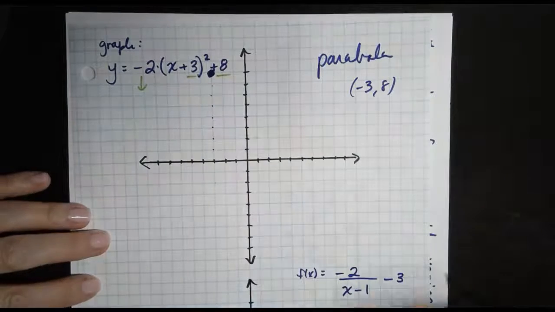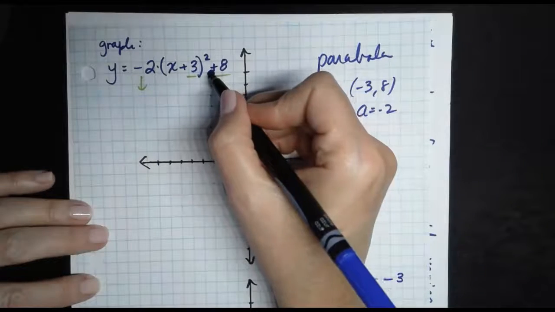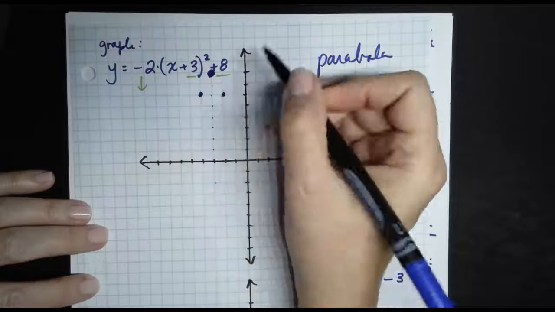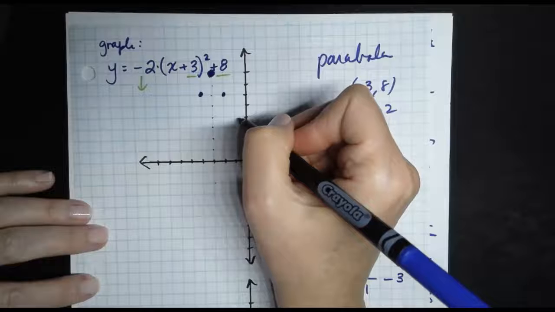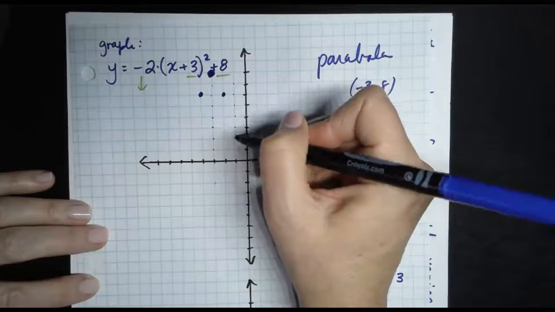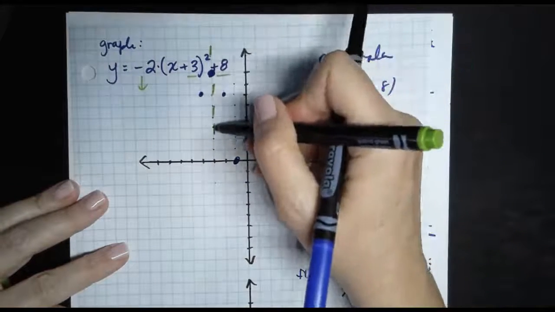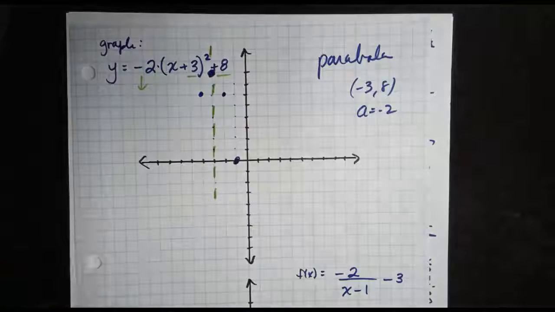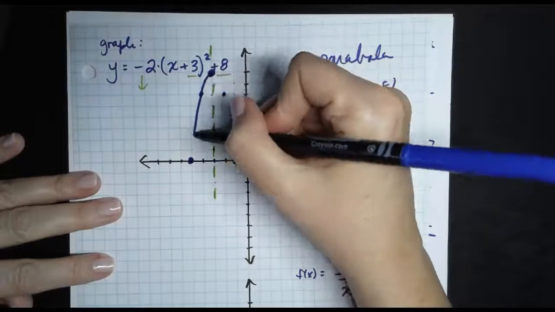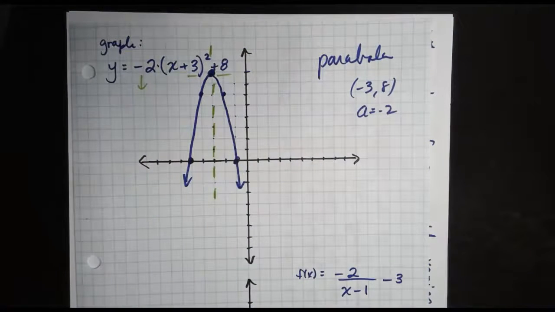Squish it right there. Now, a value is negative 2. Think about what that does to the graph. Instead of going over 1, down 1, we're going to go over 1, down 2. Back 1, down 2. Instead of going over 2, down 4, we're going to go over 2, down 8. Over 2, down 8. 1, 2, 3, 4, 5, 6, 7, 8. Remember, I'll go ahead and put in our axis of symmetry so we can see it a little bit better here. So 1, 2, 1, 2. We got 5 points. Let's graph this guy. There we go. Everybody should be able to quickly and easily graph a parabola at